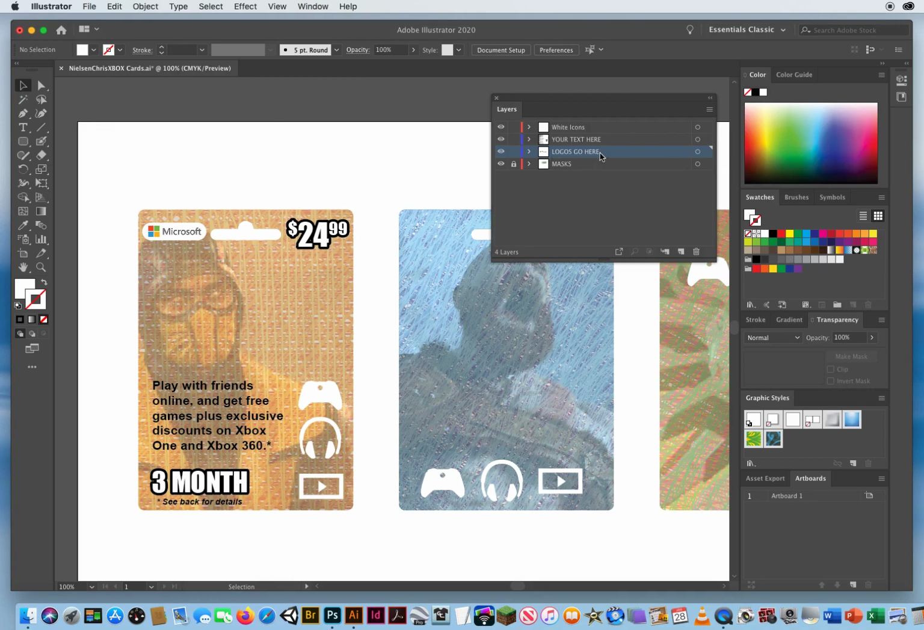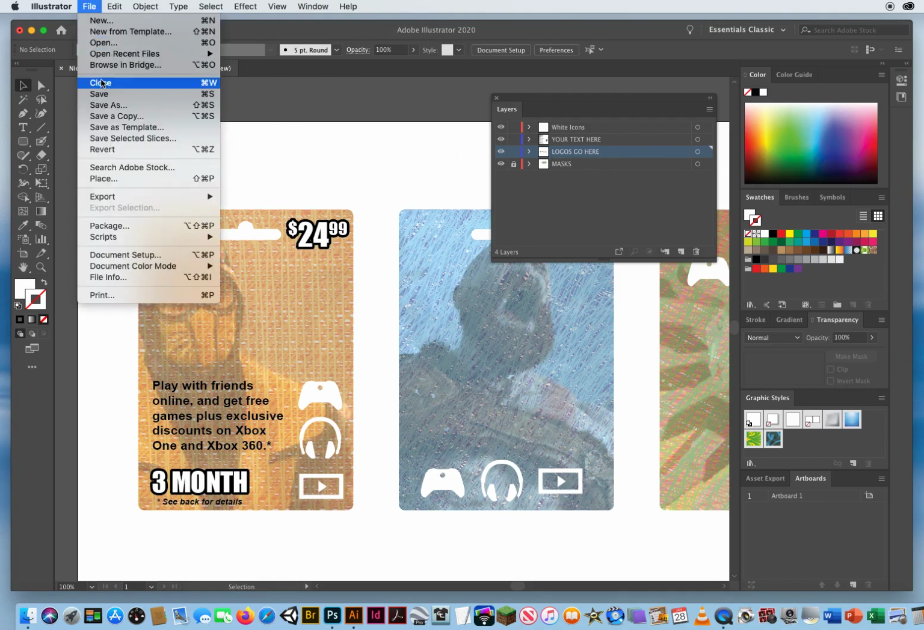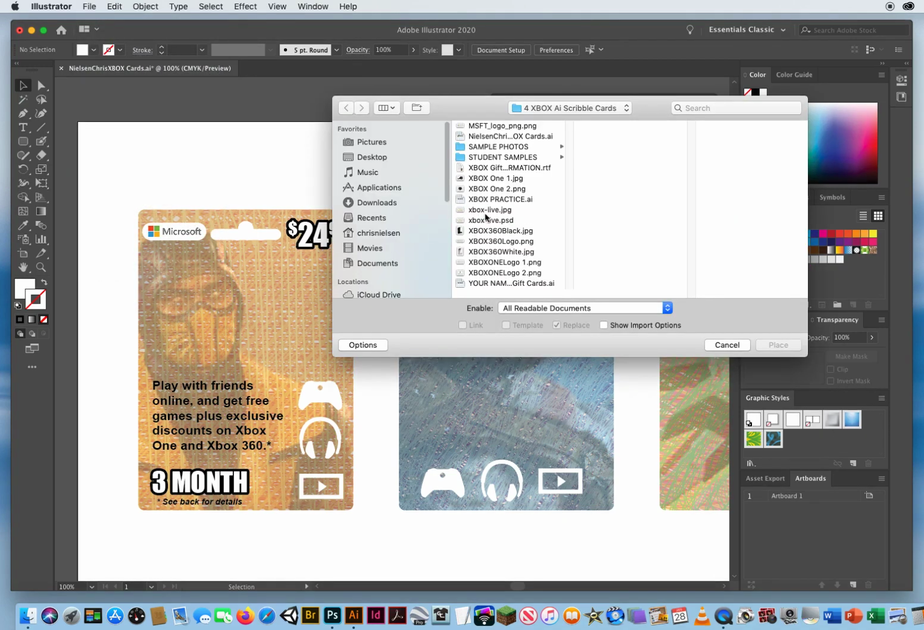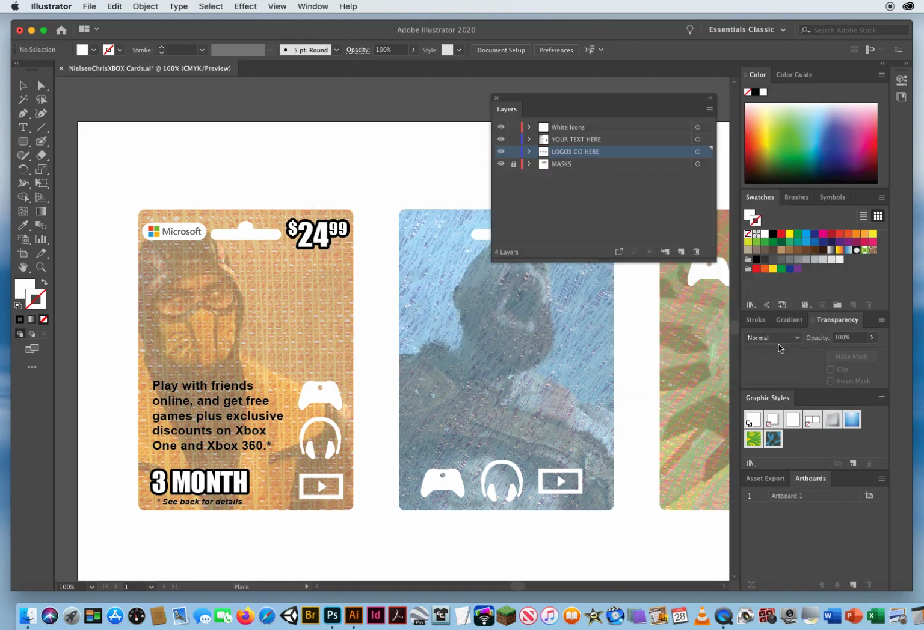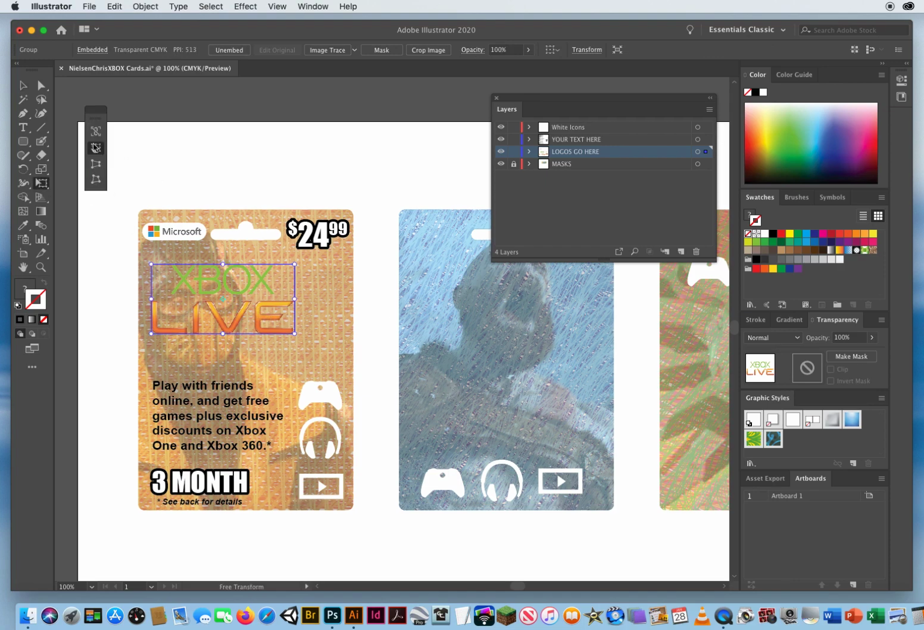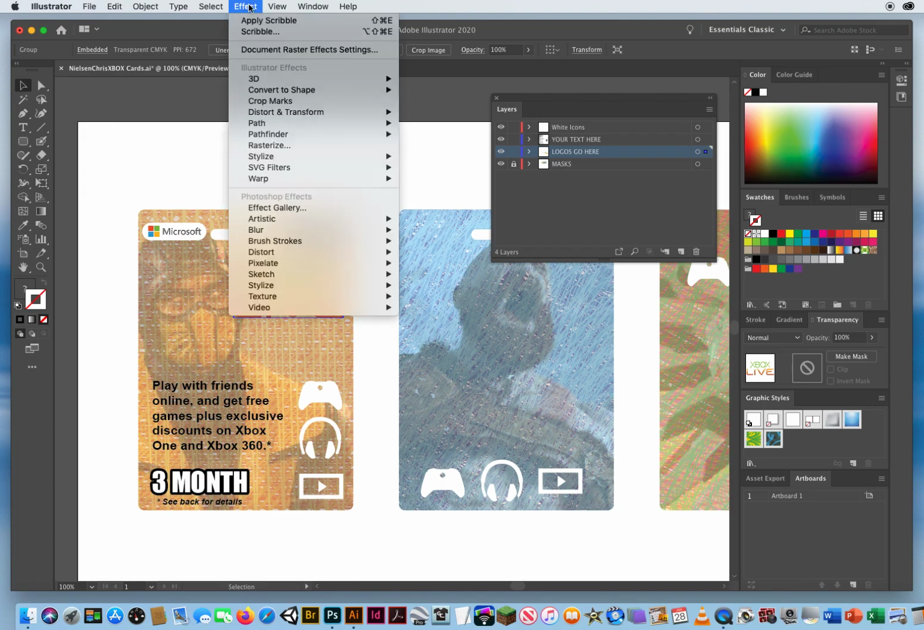I'm on my layer. Logos go here, and I will go to File and Place. Now I take the Xbox Live Photoshop file, click Place, click and drag, and there's no background to it. Okay? So I can do whatever I want with that. We'll just pull this down a little bit more. Now the problem is I can't really read the word Xbox too well. Okay, so what I can do with this is go to Effect menu,